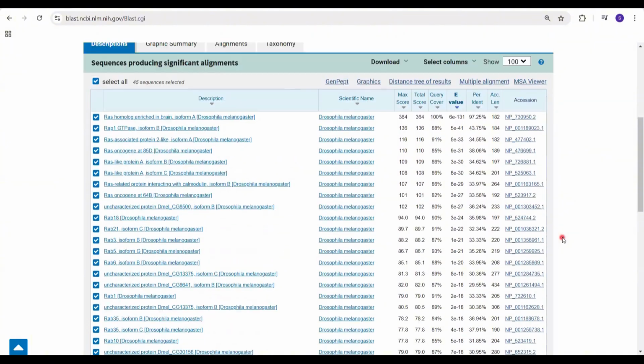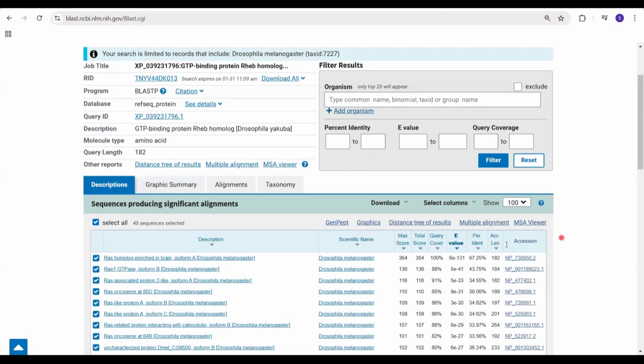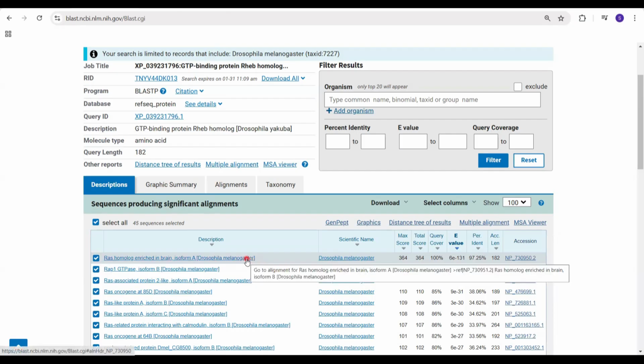The best BLASTP match to the putative ortholog of RAP-PA in D. yakuba is described as Ras homolog enriched in brain, isoform A, in Drosophila melanogaster, with its corresponding accession number of NP_730950, with an e-value of 6 × 10^-131 and a sequence identity of